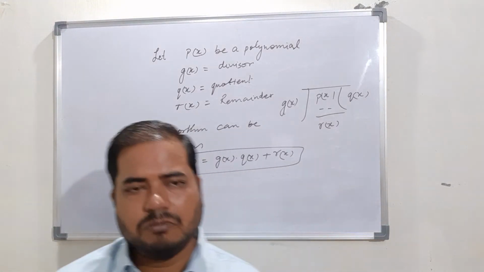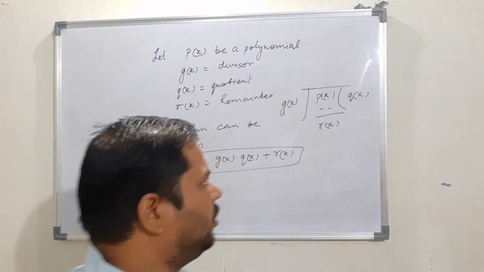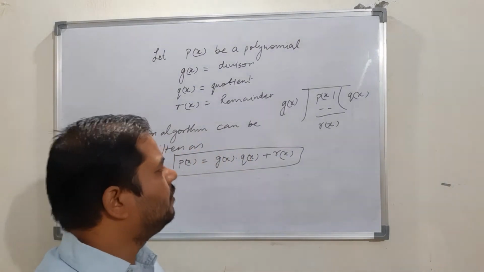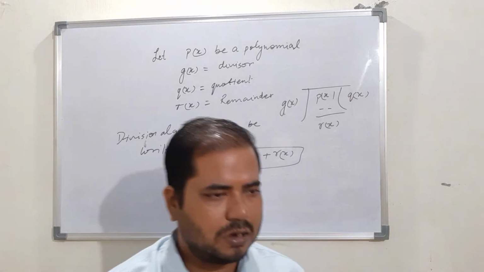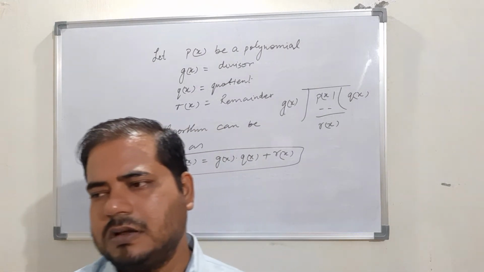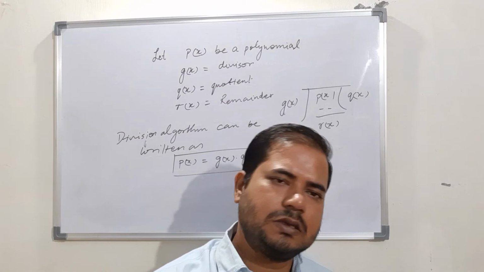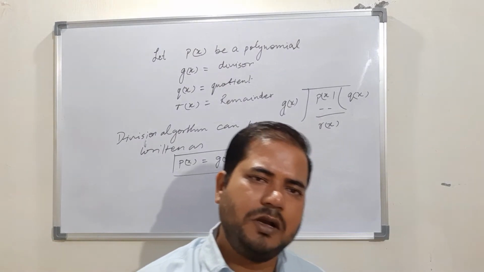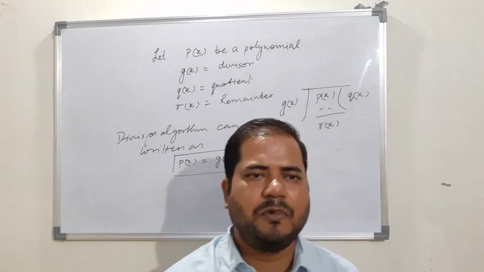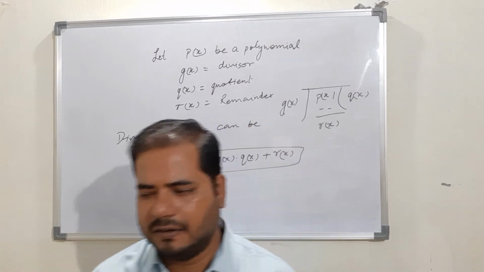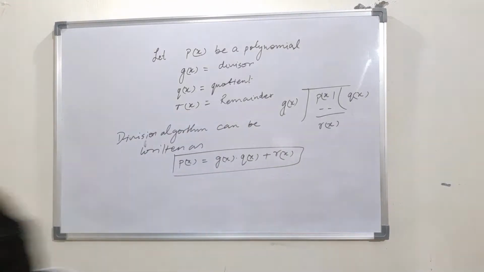Now we shall discuss some questions based on division of polynomials, and after that we will discuss questions where two zeros of the polynomial are given, and then the rest of the zeros of the polynomial have to be found. So let us see.